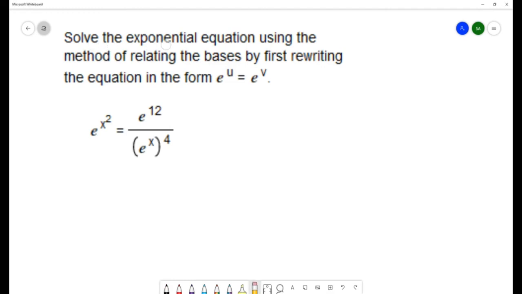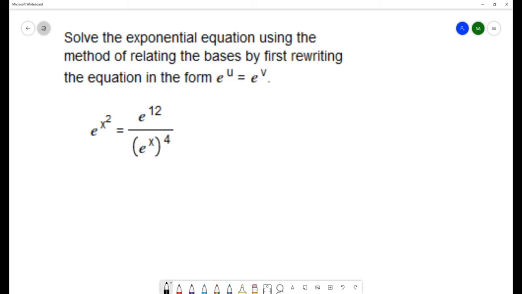Solve the exponential equation using the method of relating the bases by first rewriting the equation in the form e to the u equals e to the v. So in this question we have e to the x squared equals e to the 12th over e to the x to the 4th. So our goal is to write the equation in this format, e to the u equals e to the v,